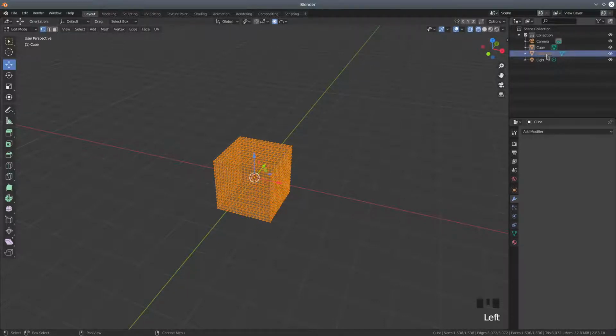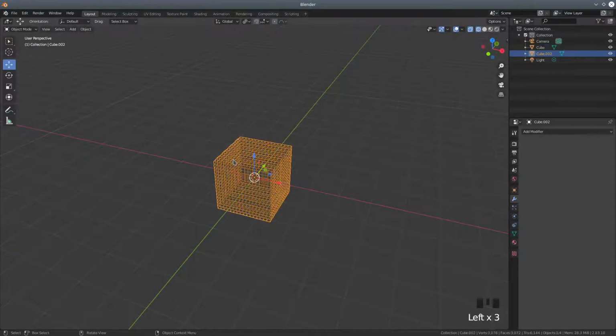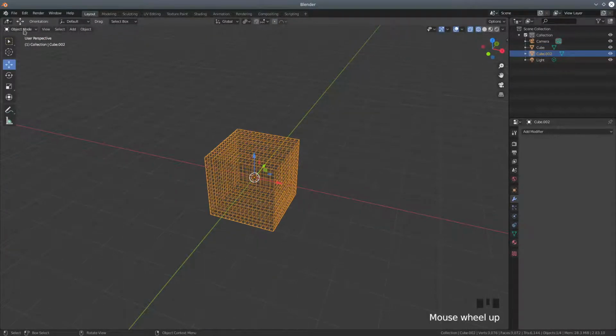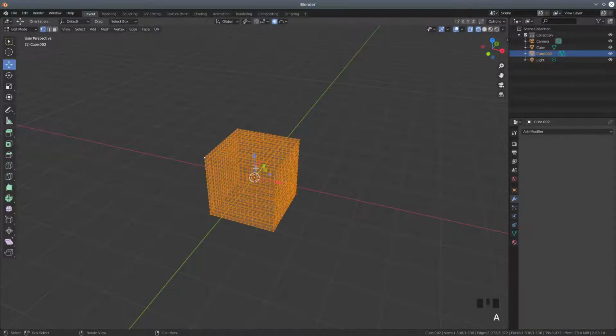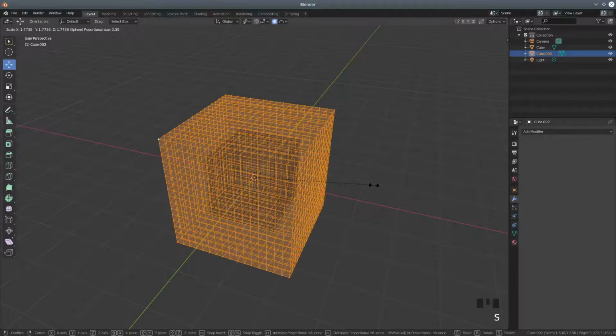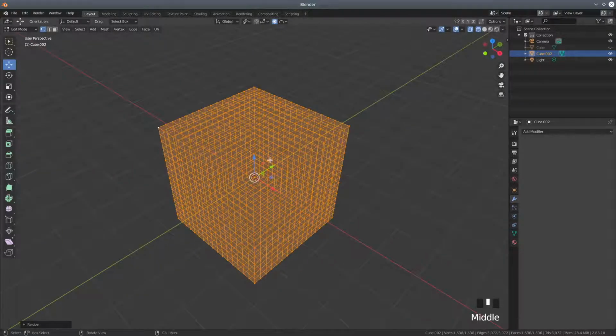But let's make a difference. So I'm just going to hide the cube mesh for the moment by pressing H. And let's select this cube 02. I'm going to go into edit mode and I'm just going to mess around with it. So I'm just going to select all these verts. I'm going to scale them up a bit. Why can I still see my other cube? Let's hide that. So I've scaled it up a bit, and now I'm going to